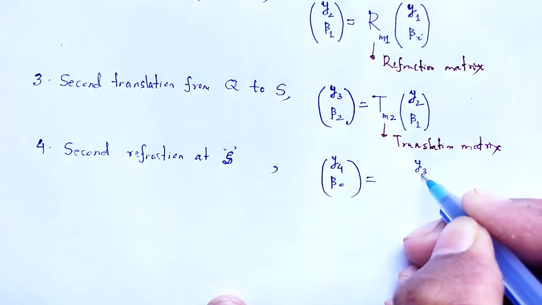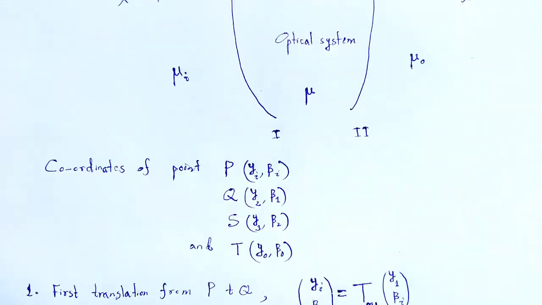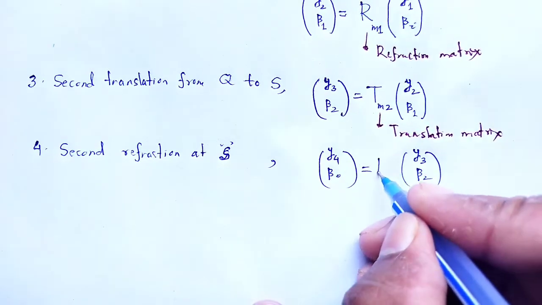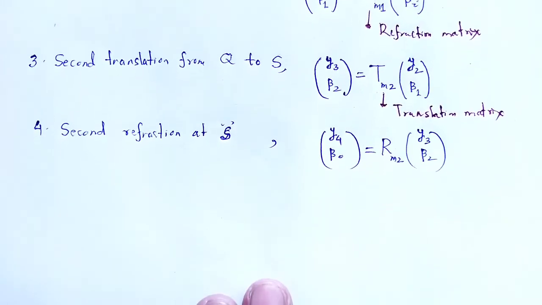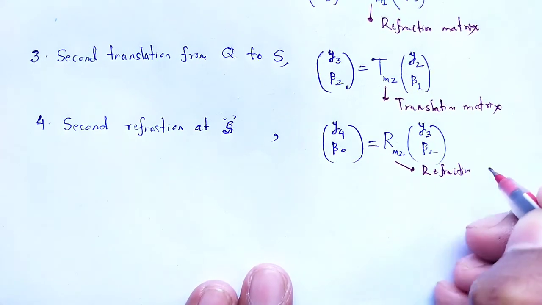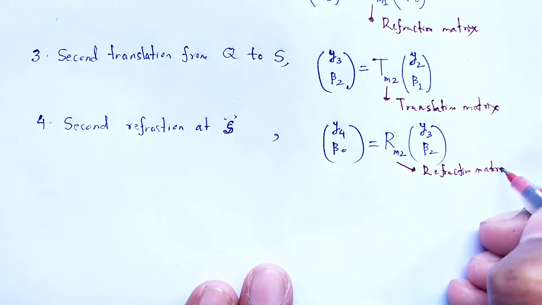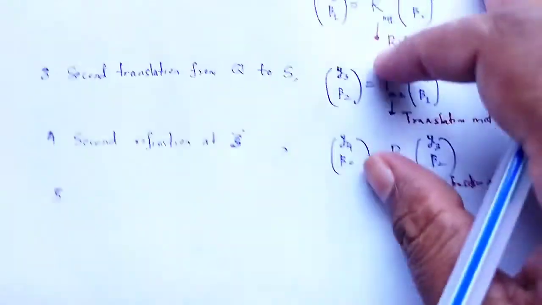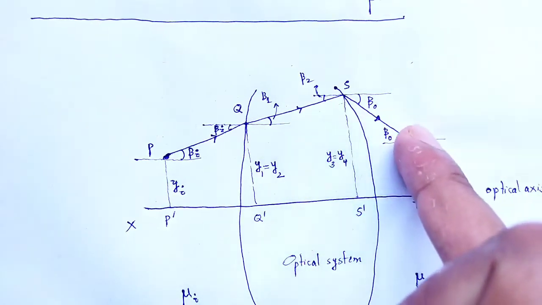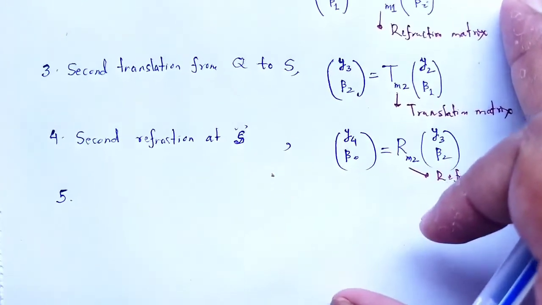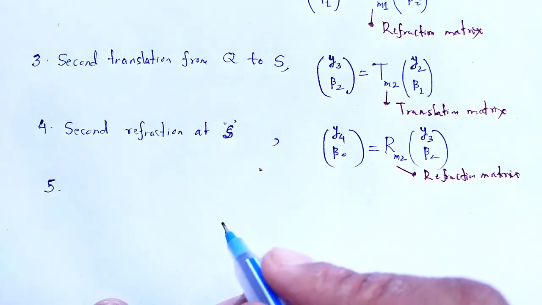y3 beta 2, refraction matrix RM2, that is the second refraction matrix. This one is a refraction matrix, which is the second refraction matrix. Next, here translation occurred from S to T. So translation, that is the third translation